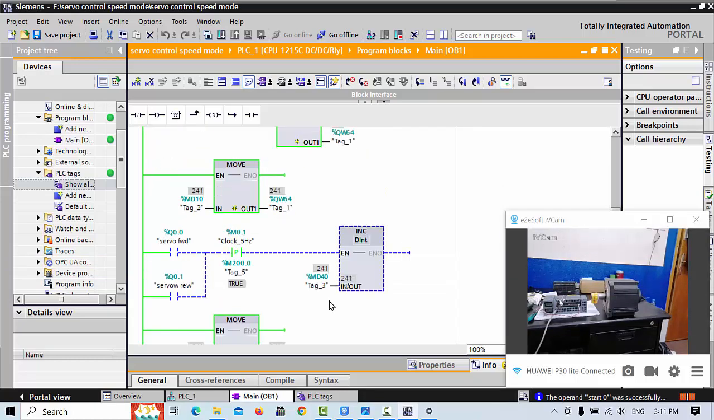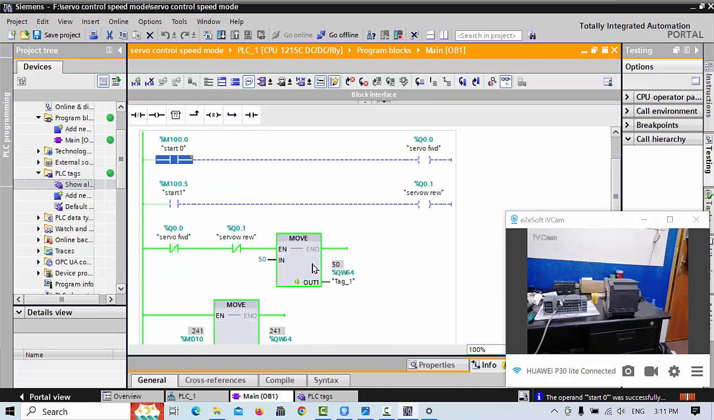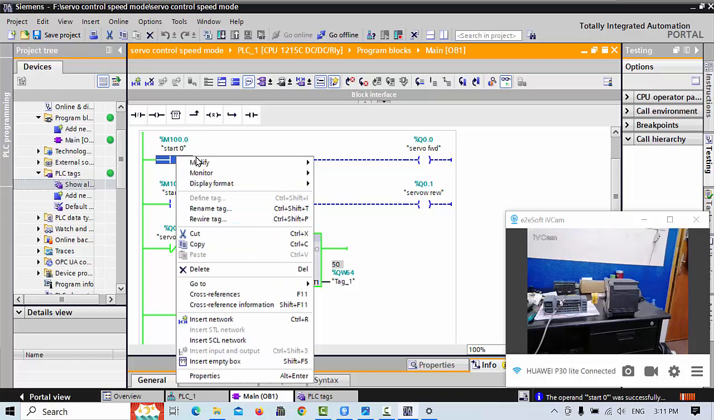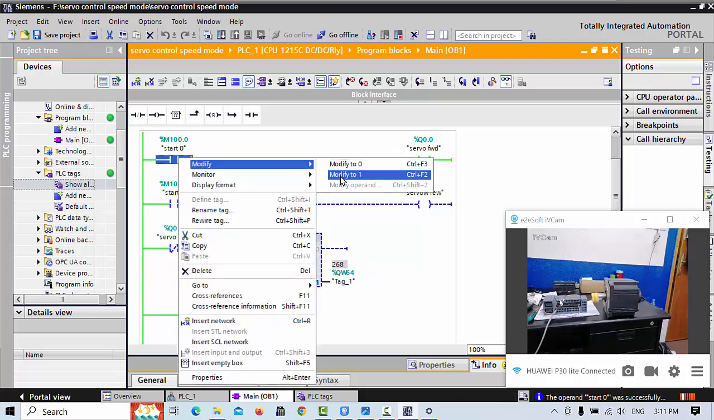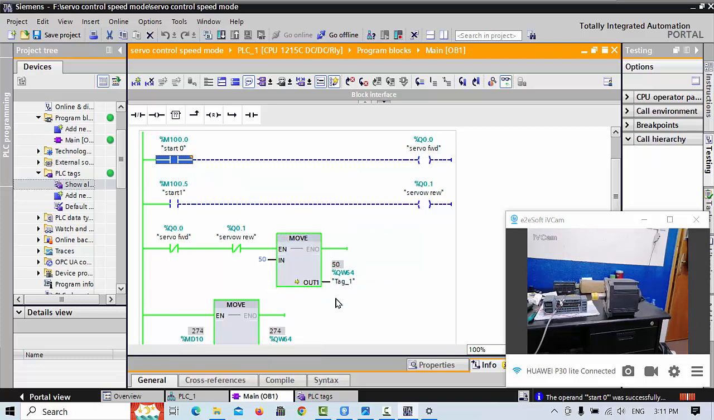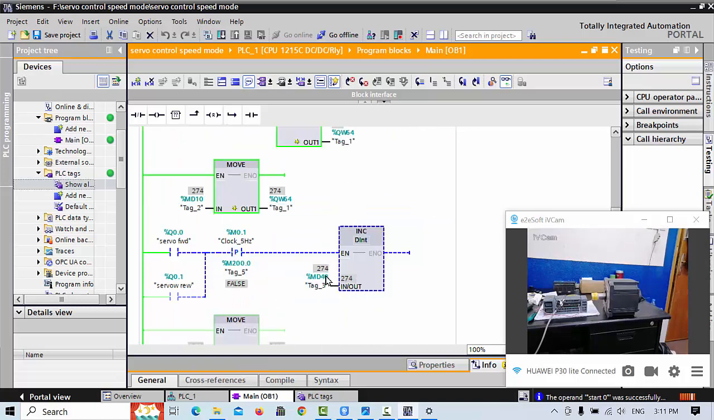because if this is going to increase, after that it goes to a very high speed, and now it starts from this speed and make it 0, and that MD40